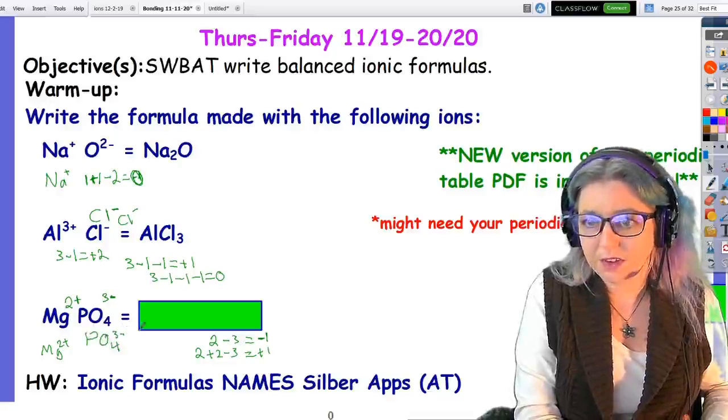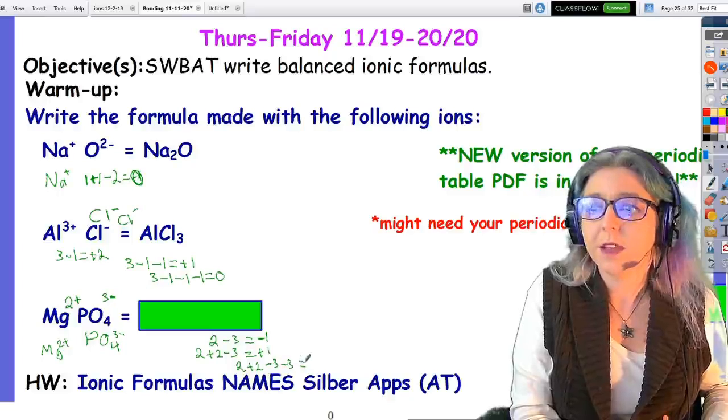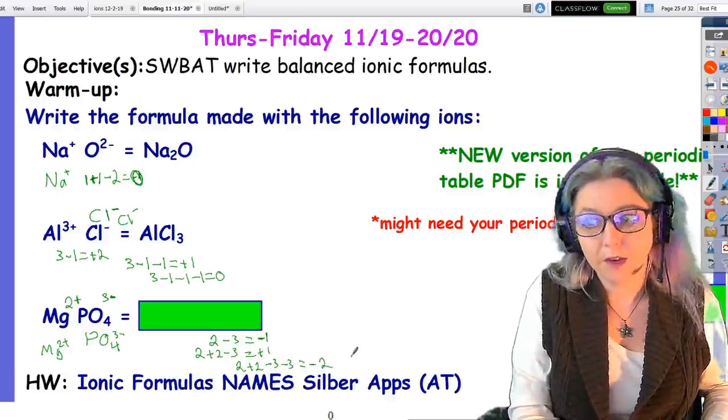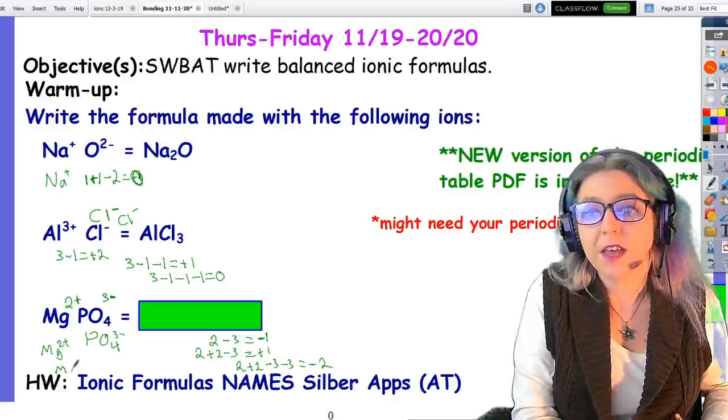PO4 with a negative 3 charge. Okay, so 2 plus 2 minus 3 minus 3. So that's 4 minus 6 gives me a negative 2. Okay, my overall charge is negative. I need to add more positive. So Mg plus 2